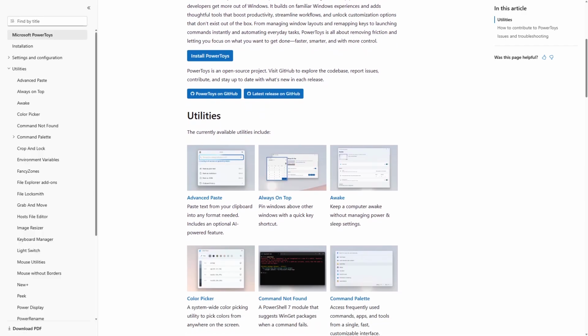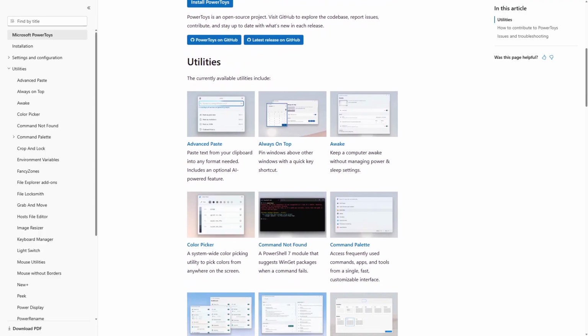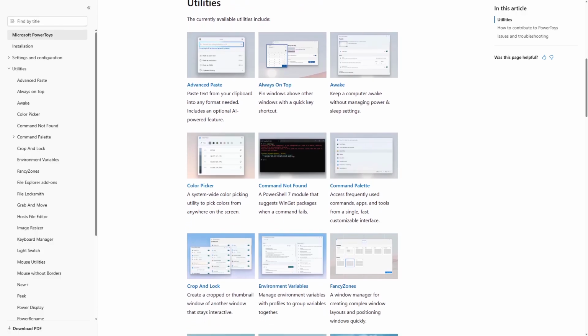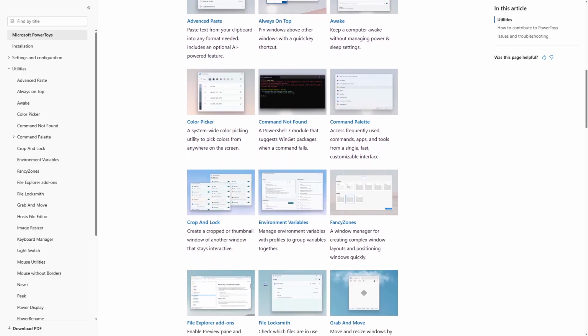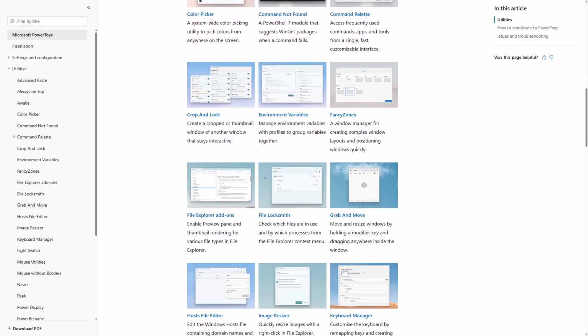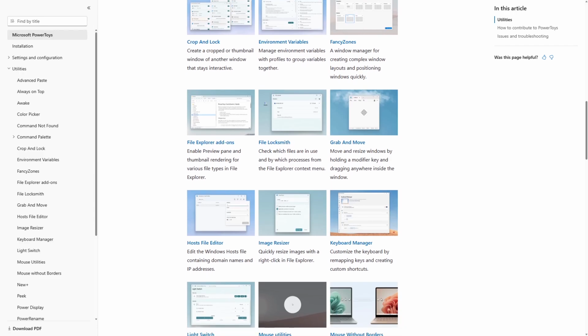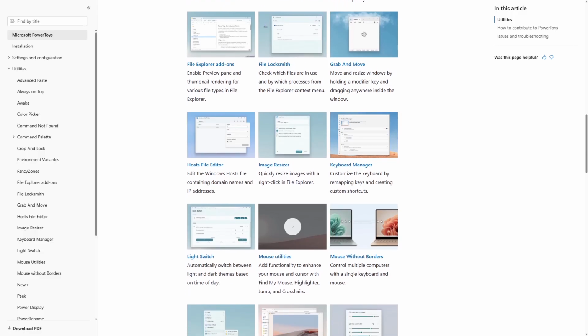Its strengths include robust features, regular updates, and strong community support. However, it can be overwhelming for beginners due to its technical nature and broad scope of tools. Some utilities require manual setup or understanding of Windows internals. PowerToys is best suited for advanced users, developers, and IT professionals who want granular control over their system and are comfortable with customization. It's the go-to for those who want to unlock the full potential of Windows through powerful tweaks